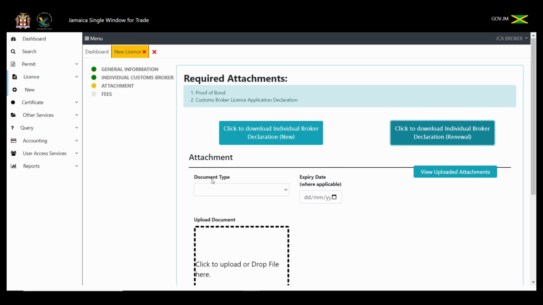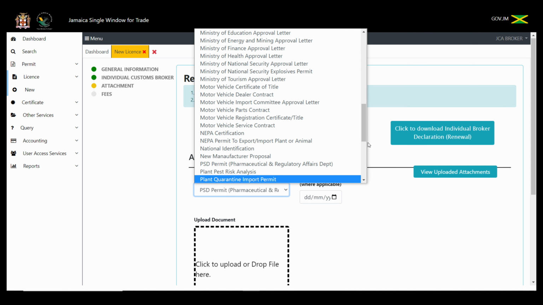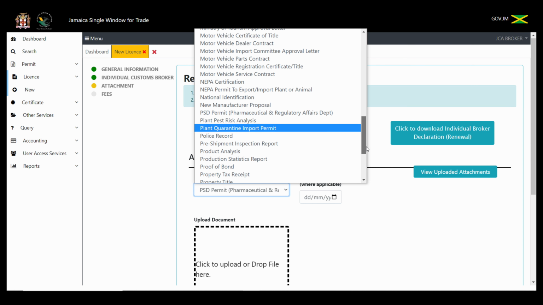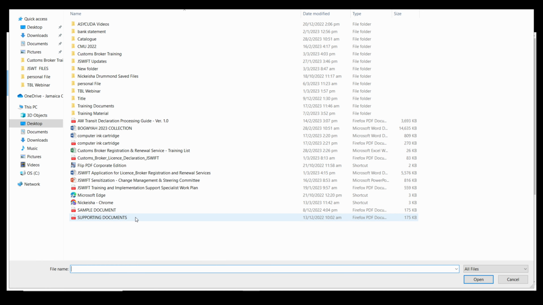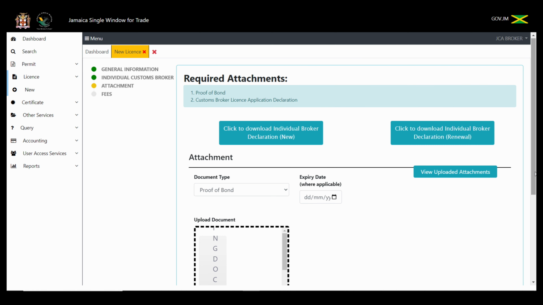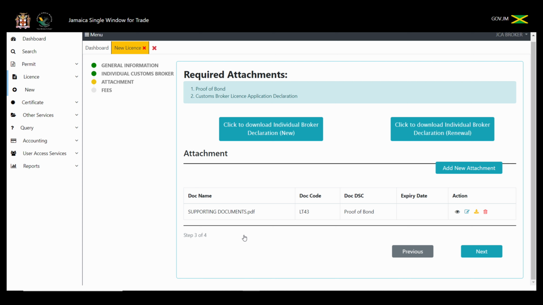Now, let's go ahead. Attachment type, let's do proof of bond as our first attachment. Click supporting documents, upload that supporting document, click to attach. Now for each additional upload, now I have a copy of the declaration I did before. For each additional upload, you select add new attachment,